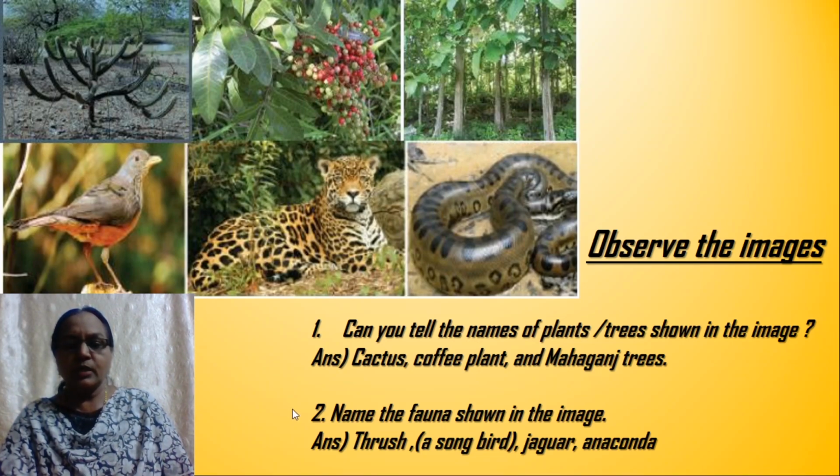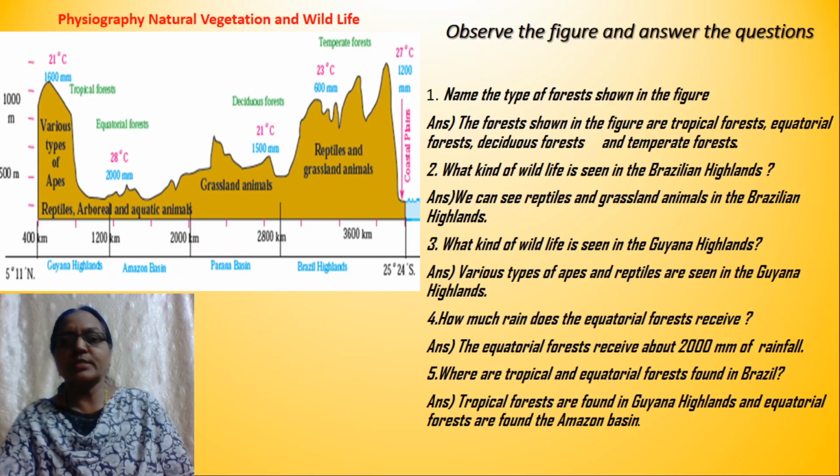The second question, name the fauna shown in the image. Fauna pertains to animals and birds. Now the first one we have is the thrush, also called the songbird. The second one is the jaguar. The third one is the anaconda. Anaconda is usually seen in the Pantanal region and it grows up to 6 feet. Let's come over to the second